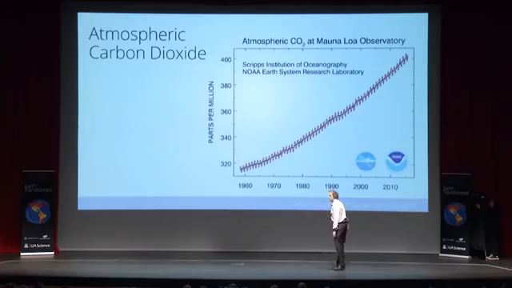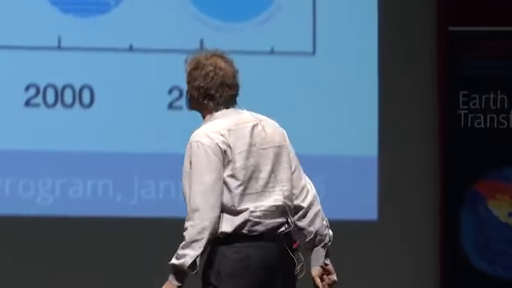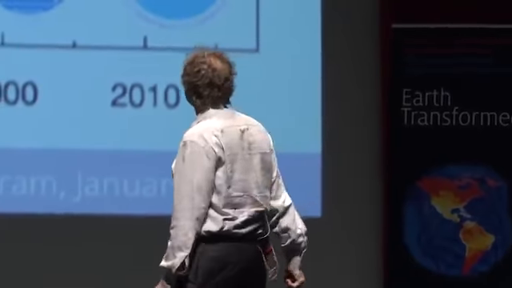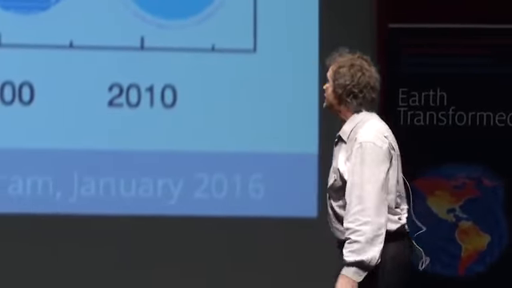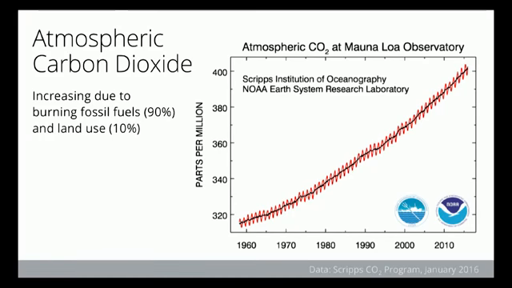We measure carbon dioxide in terms of parts per million. If I grab 1 million molecules of air here, and I count up the number of carbon dioxide molecules, when I was 2, it would have been 316, and today it's 400. Remember that number, 400. It's increasing today because of burning of fossil fuels. There's lots of ways you can prove this is true. No one contests this number.